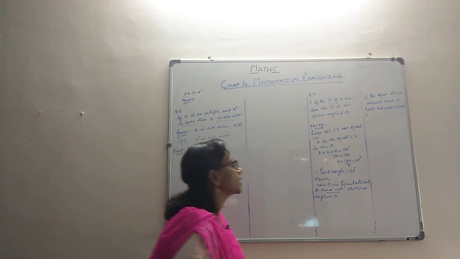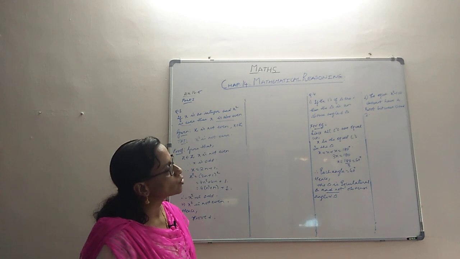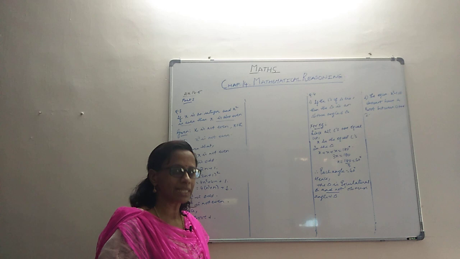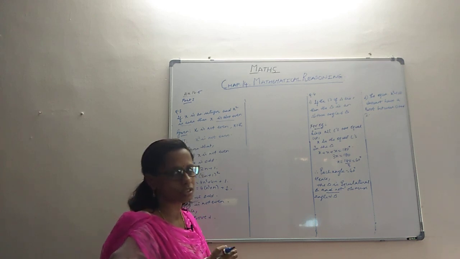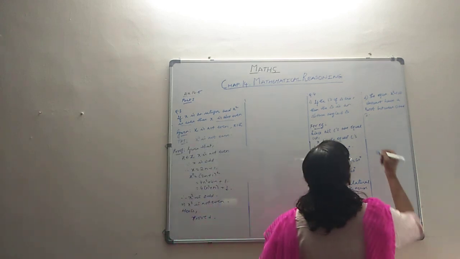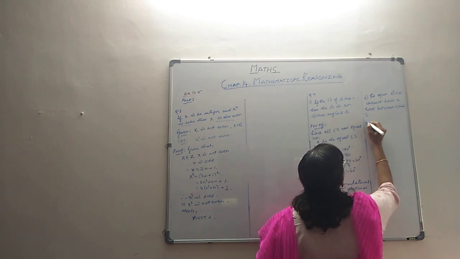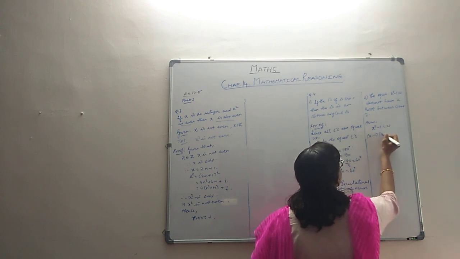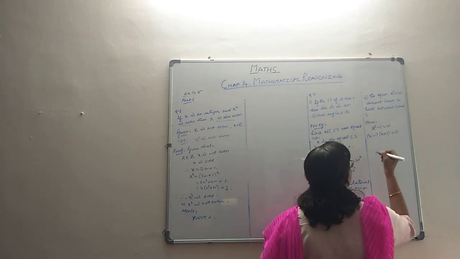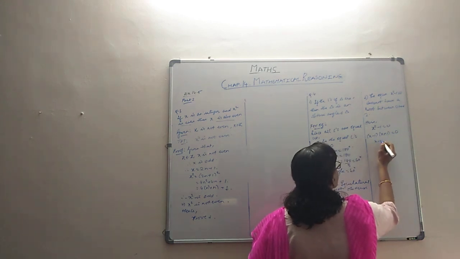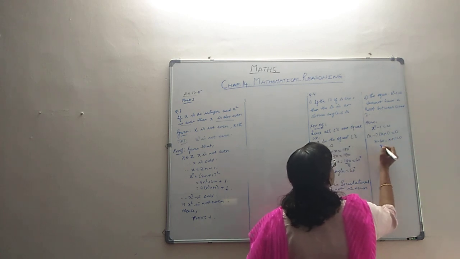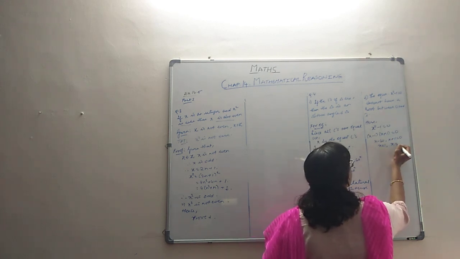Then the next question says that the equation x squared minus 1 equal to 0 doesn't have a root between 0 and 2. So this is a false statement, meaning there is a root between 0 and 2. That's what you have to show. So we will solve it. Here x squared minus 1 equal to 0. We can break it up as x minus 1 into x plus 1, or you can use the quadratic formula and do it both ways. Product is 0 means one of the factors becomes 0, so x is 1 or x is minus 1.